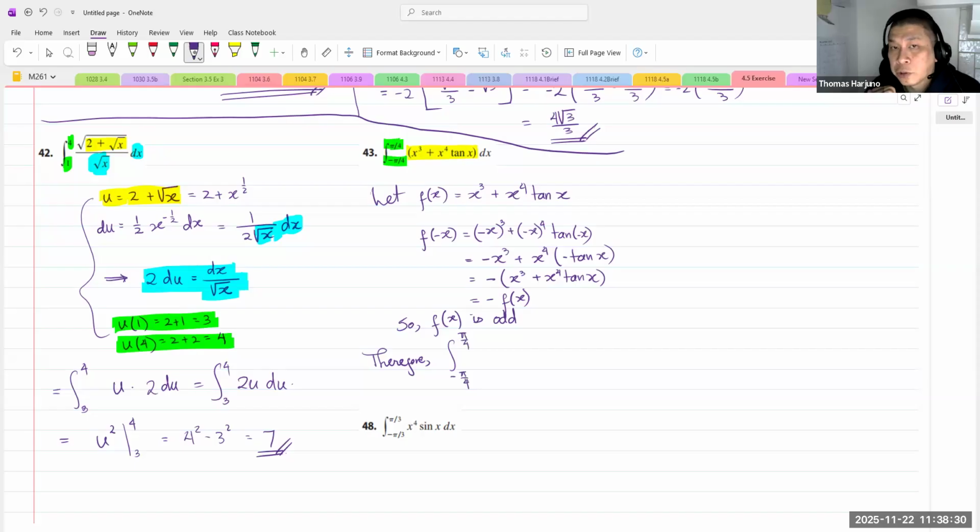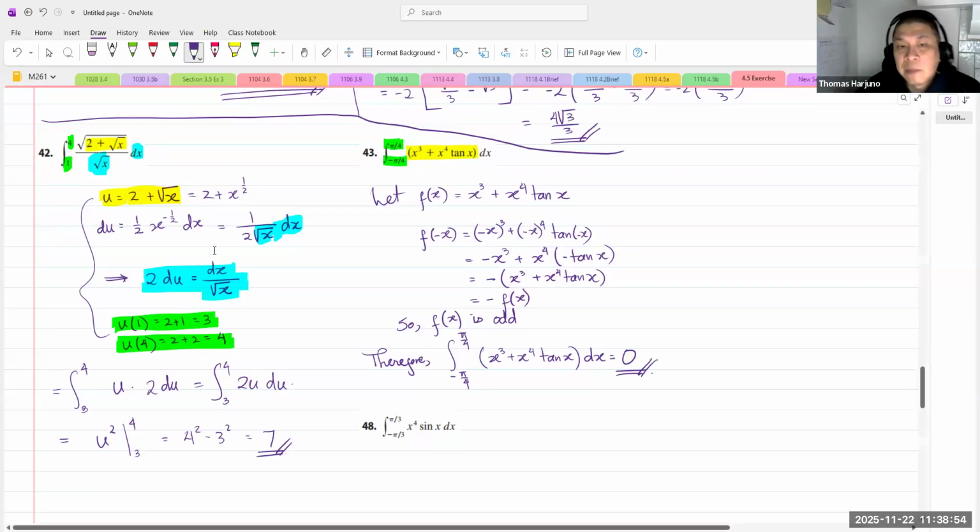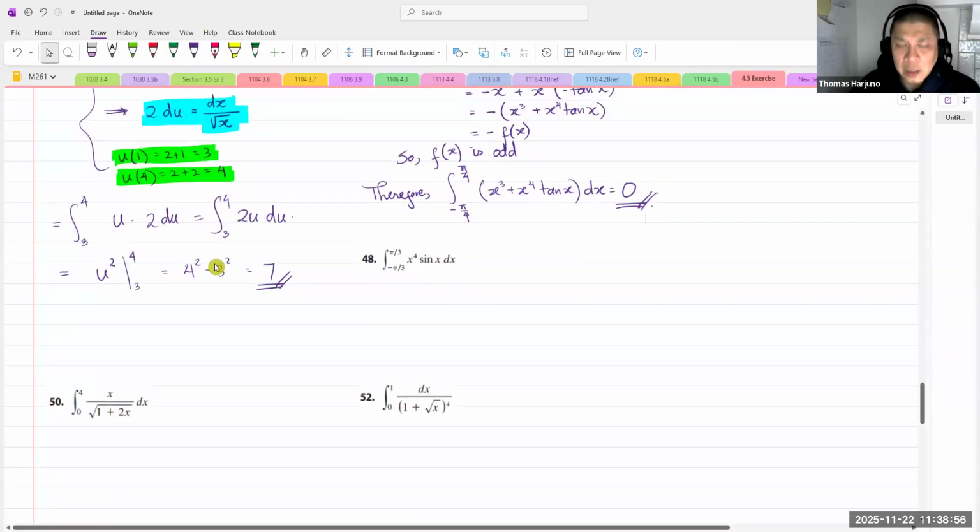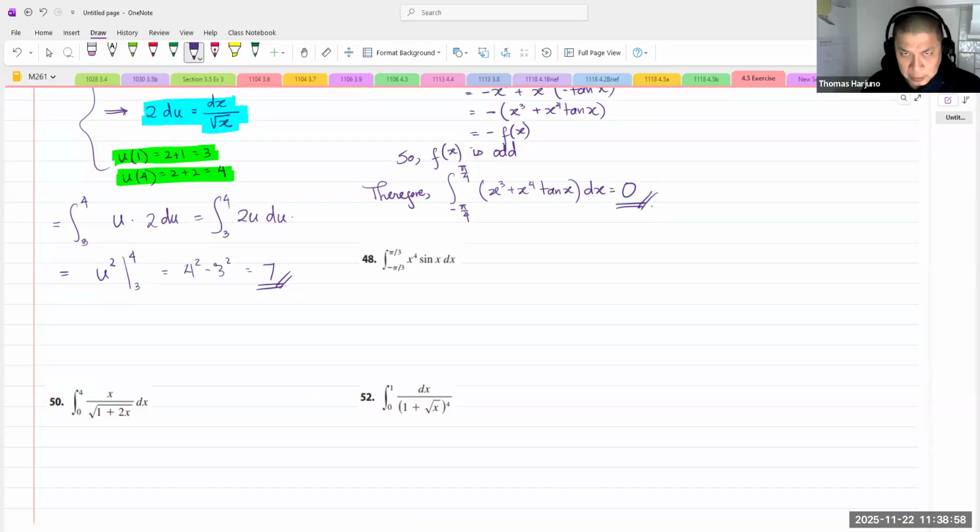Of course, you need to make sure that the function is continuous in that interval, though. In this case, tangent x is continuous in the interval negative pi over 4 to pi over 4, and therefore this is equal to 0. You will see the same thing with number 48. I think I will not do that anymore, but at least I briefly describe this,